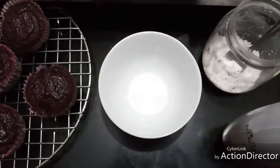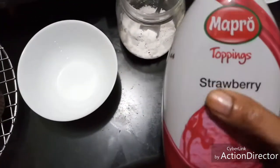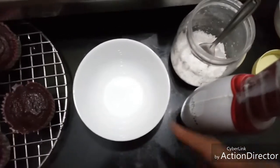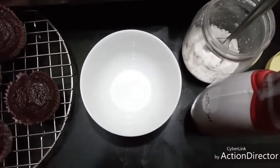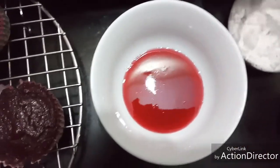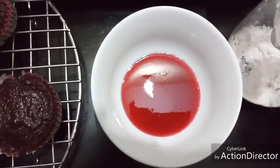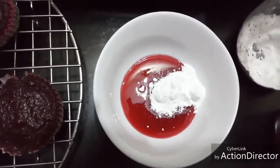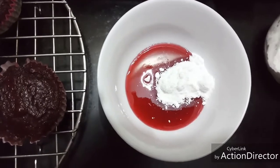Prepare the glaze for the muffins. Here I have strawberry crush. I have icing sugar. I'm going to add and make the glazing. I've taken 2 tablespoons of strawberry crush. To this I'm adding 2 to 3 tablespoons of icing sugar